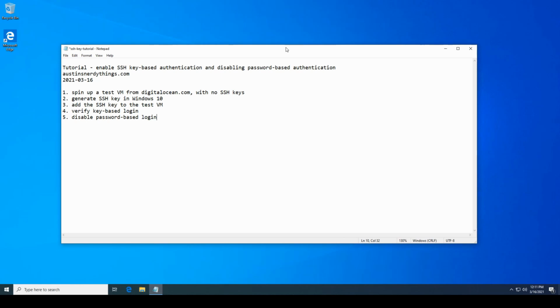So up on the screen here is a brief set of steps that I will be using. First, we are going to create a new virtual machine from DigitalOcean.com. We are going to be using password-based authentication only. We will not be specifying any SSH keys. Then we're going to generate the SSH key in Windows 10. Windows 10 finally includes SSH as a default utility in base installs. After that, we will add this SSH key to the test virtual machine, and then we will verify the key-based